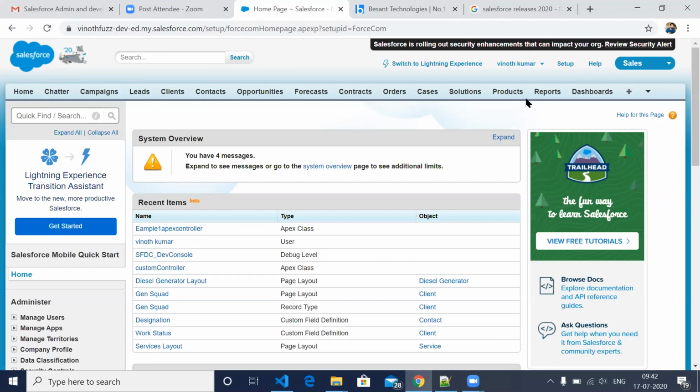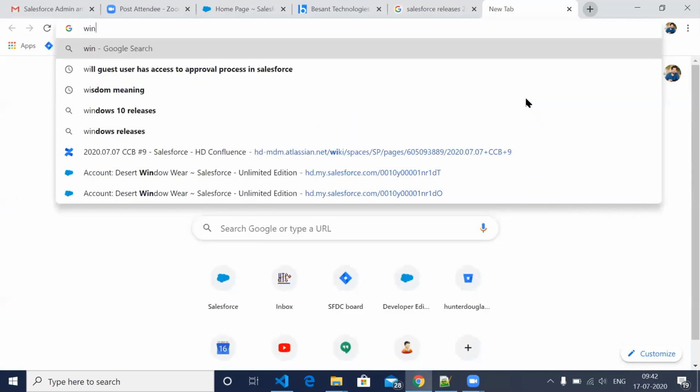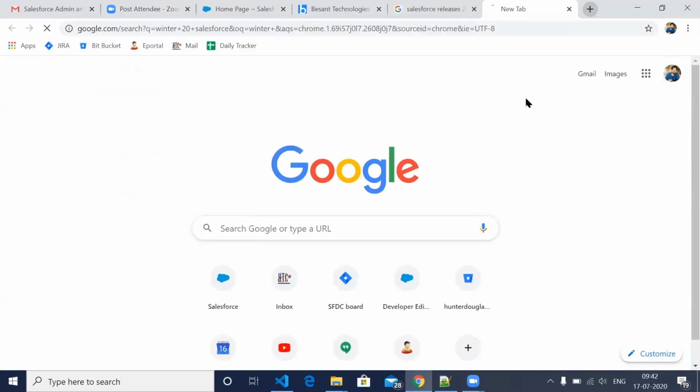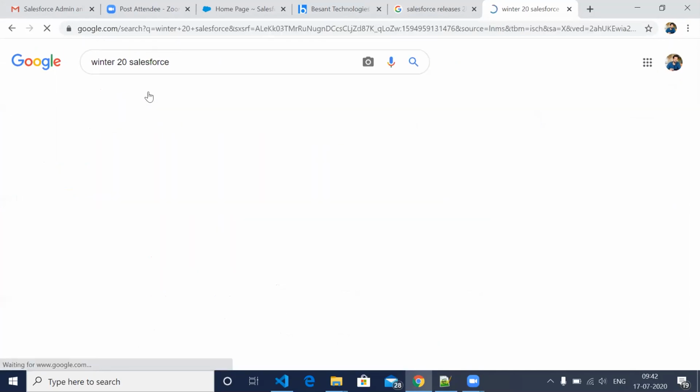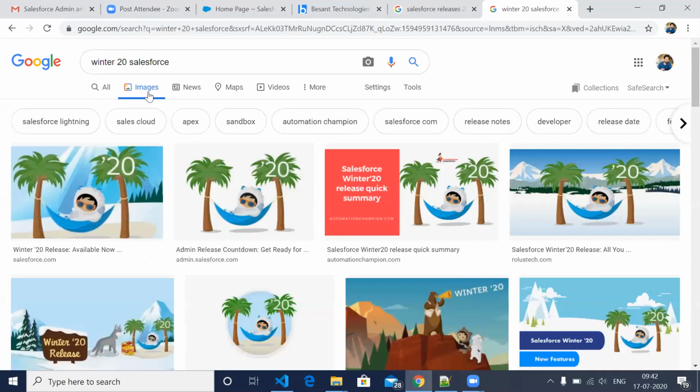If you say Winter 20 Salesforce, see, this is the logo for Winter 20, which is different from this one. So if this logo was there, then I can say it's Winter 20, and if this logo is there, then it's a different one.